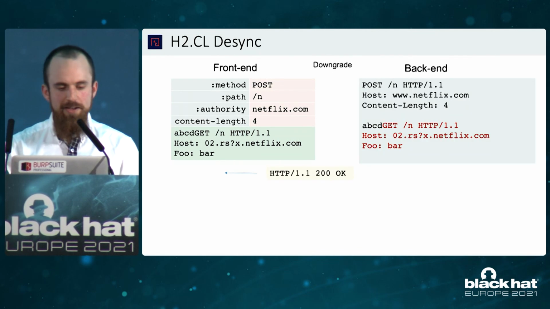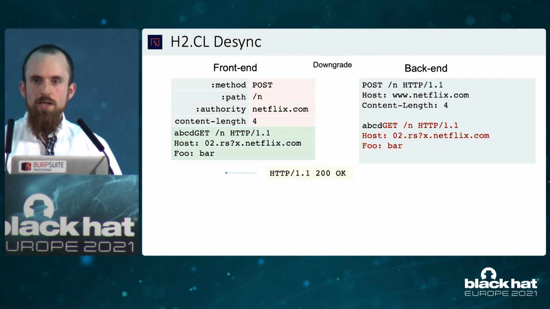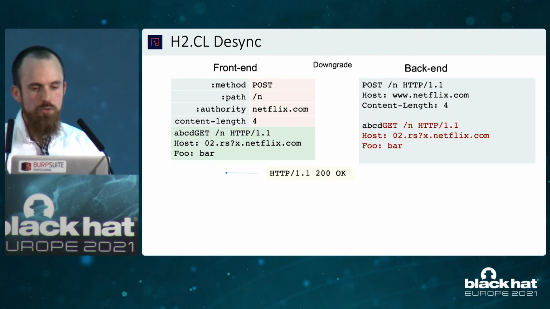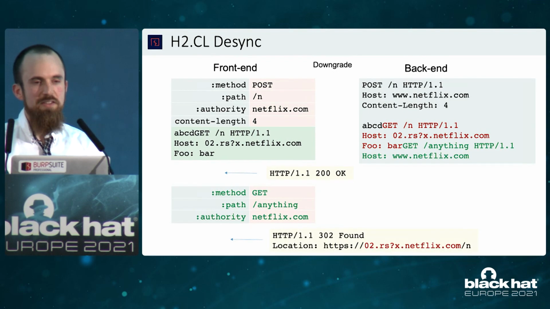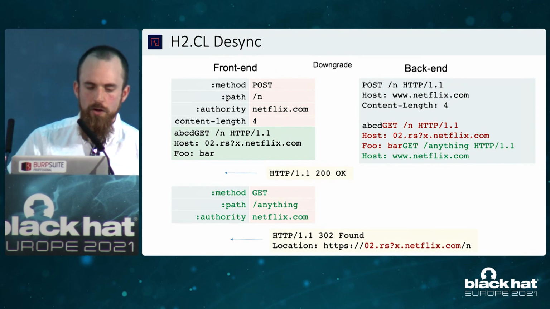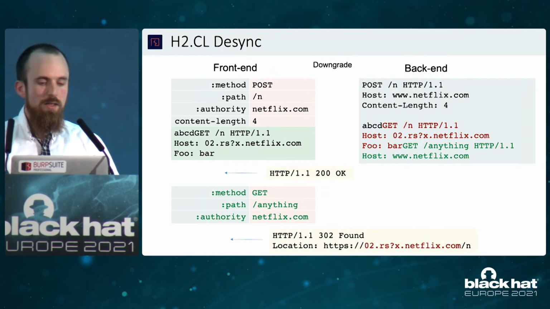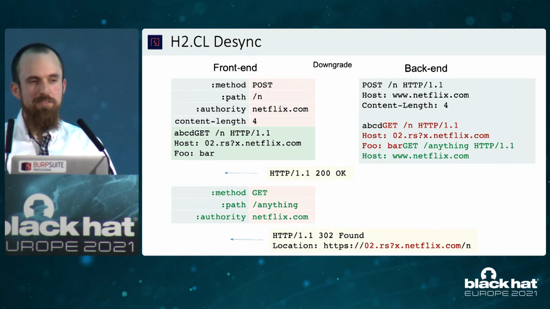So when they did downgrading, the backend would interpret the resulting request as 1.5 messages, and the data shown in orange would be appended to the start of the next user's request to hit that website. And here I've crafted the orange data so it will trigger that user to get redirected to my website. So by sending that in real time, I could redirect random requests and with a bit of luck, redirect some